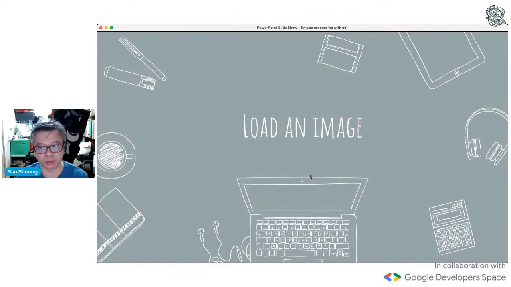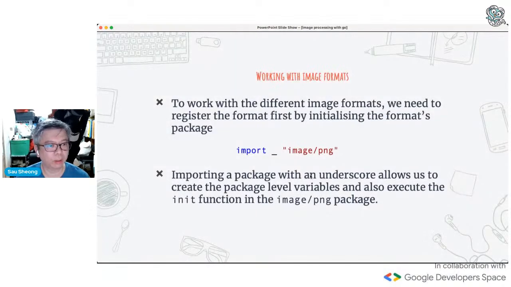But before we do any image processing, one of the first things you want to do is load an image. You want to load up an image and work on it, right? So how do you load it up? First things first, you need to register the format by initializing the format package. If you are just loading and not doing anything else, you can just import with an underscore.